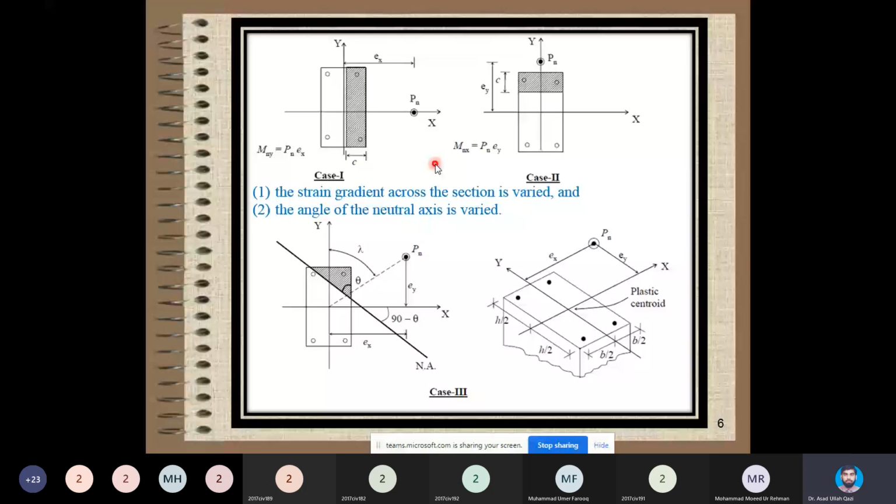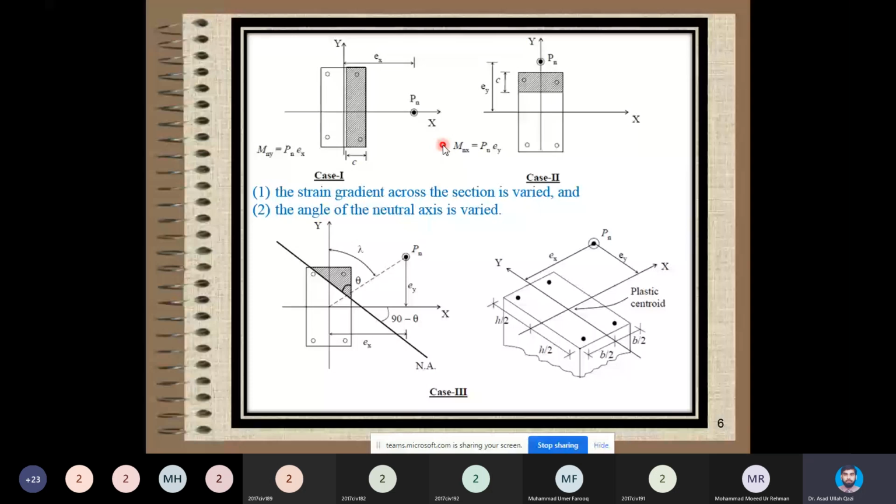But in both pictures, you will find that the compression block and the neutral axis remain parallel to the edge. So just one unknown: what is the depth of the neutral axis, which is C in this picture and